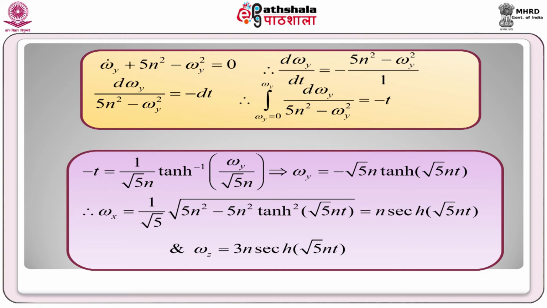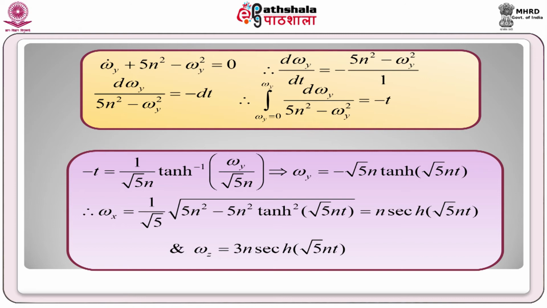Then integrating between t equal to 0 to t, when t equal to 0, omega y becomes 0 because it is the initial time, and at t equal to t, omega y is omega y. So, the limit of integration is omega y equal to 0 to omega y, d omega y divided by 5n